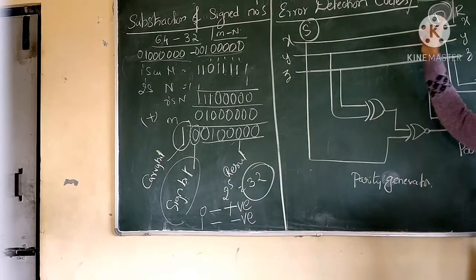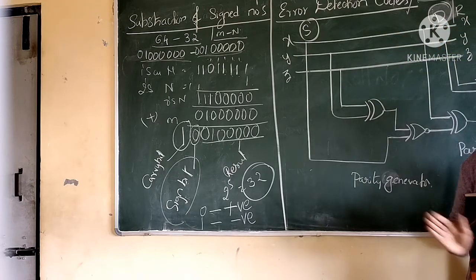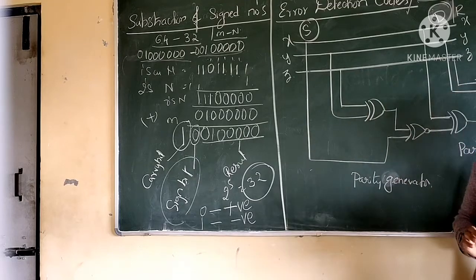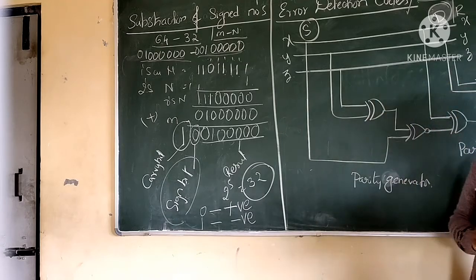And D stands for destination. R stands for the receiver here. Whenever you are transmitting the data from source to the destination, I have sent data from source. When it is received at the receiver,